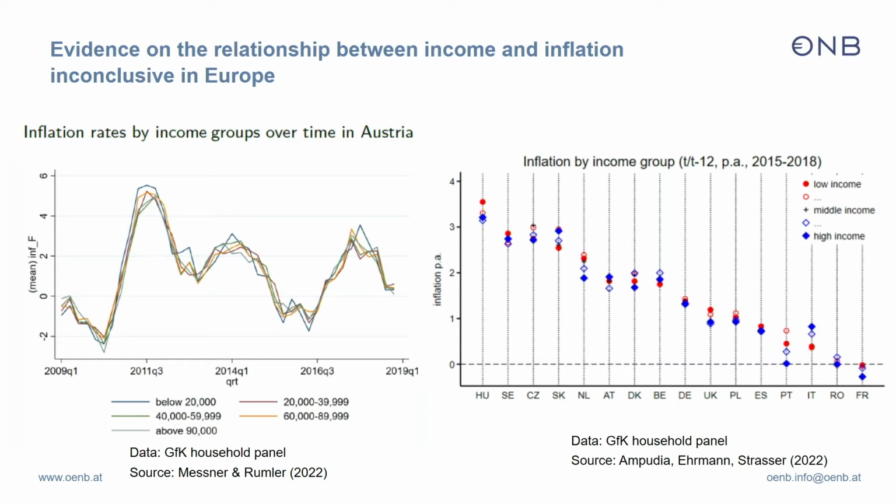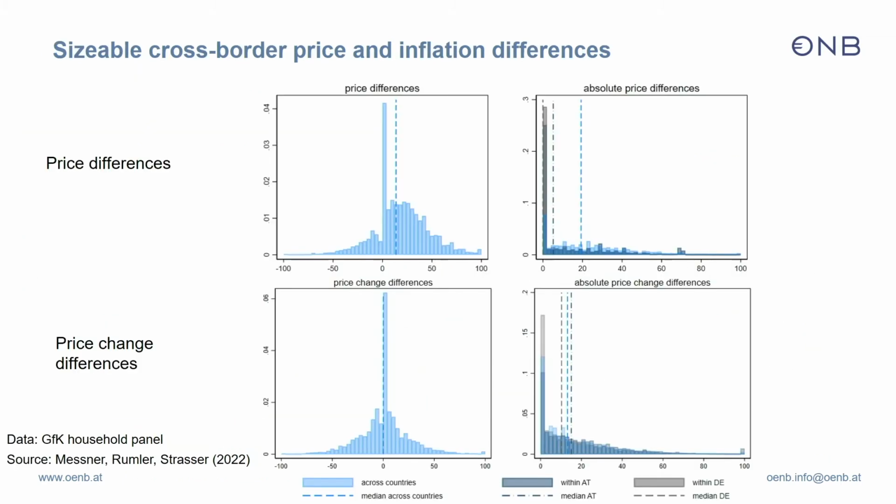So we are not talking about energy, could be a different picture there. And the finding is not only Austrian-specific. If you look at the rest of Europe, if inflation is always highest for low-income groups, you would always see the red dot on top, which is the case for some countries like Hungary, Netherlands, UK, Poland, but in other countries it's the other way around. So we don't see a very systematic picture that inflation of those fast-moving consumer goods is highest for low-income groups.